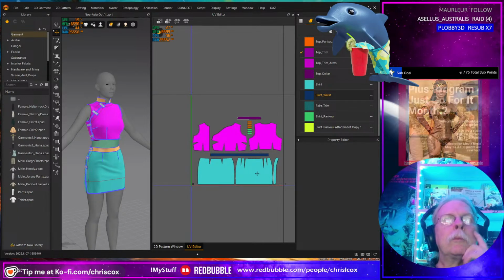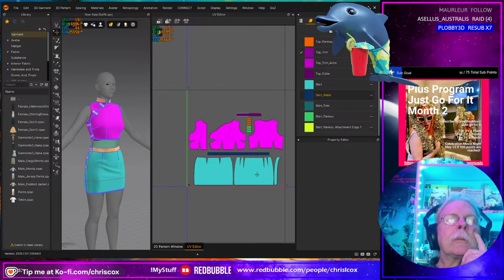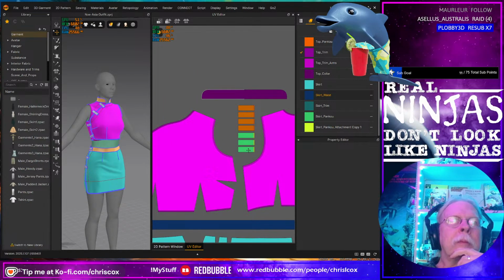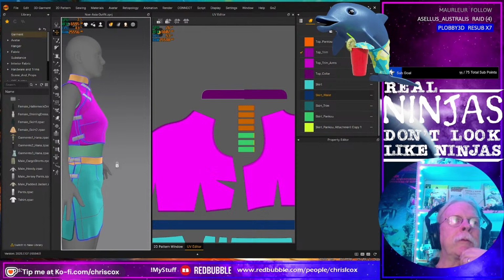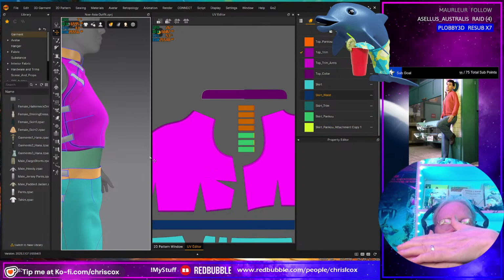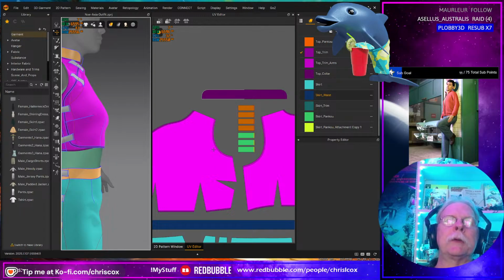What I might do though, I'm thinking I might take these. These are the frog attachments, and I might end up remapping them in Blender and just stacking them all on top so I can make maybe one texture for all of them.